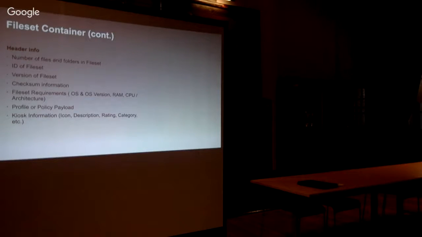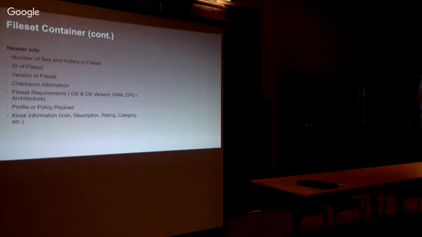And that's a big difference probably to other systems. You have the version of the file set, the checksum of every file in there. So if you just modify it, if you touch it, the checksum gets different, and the catalog will basically see it as a different file.